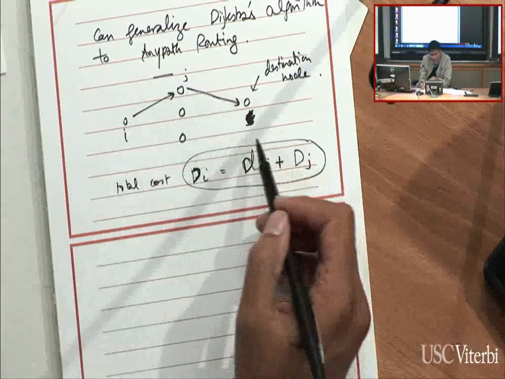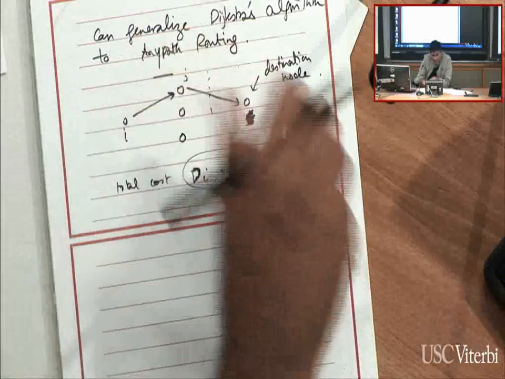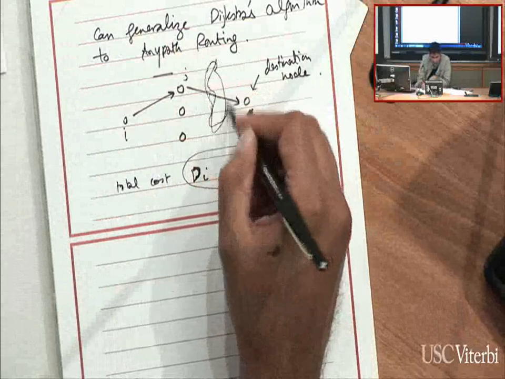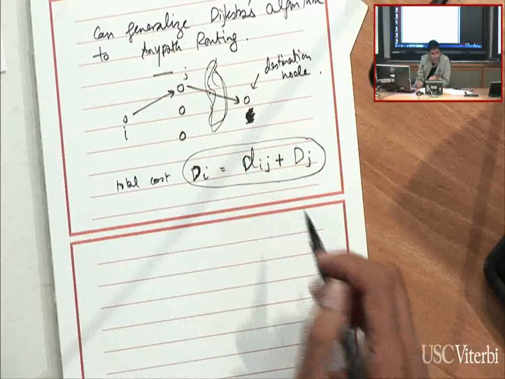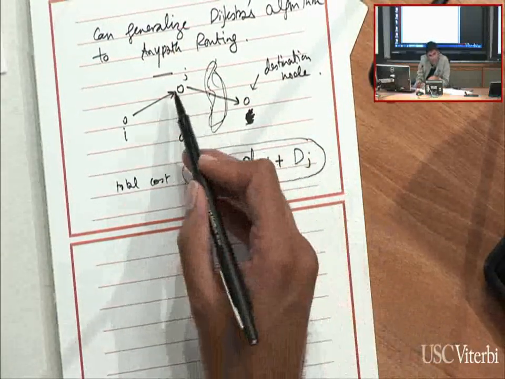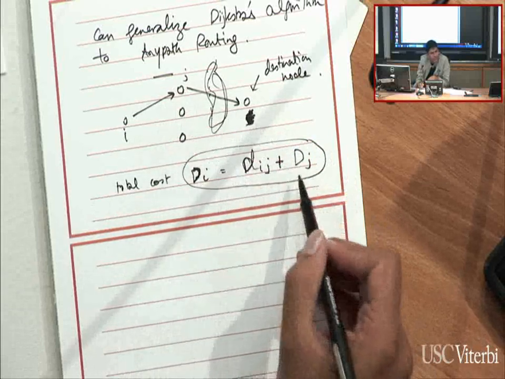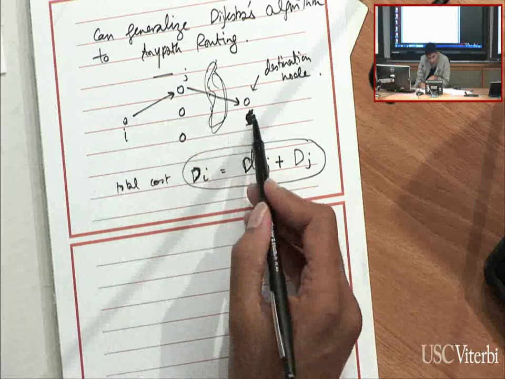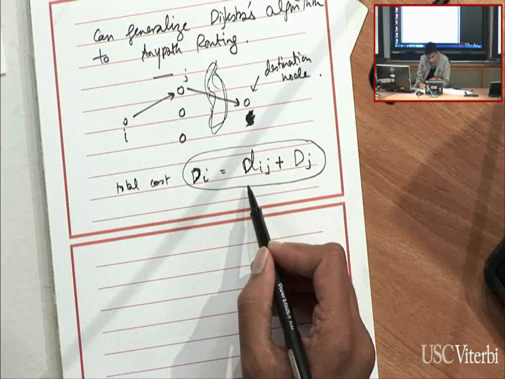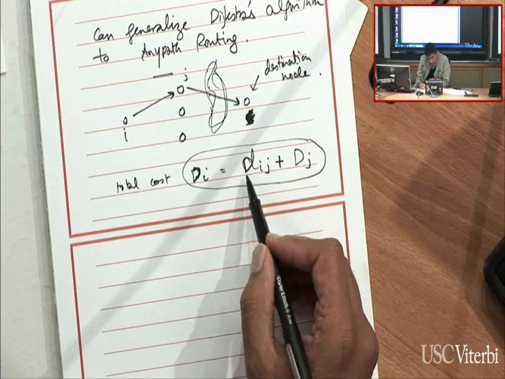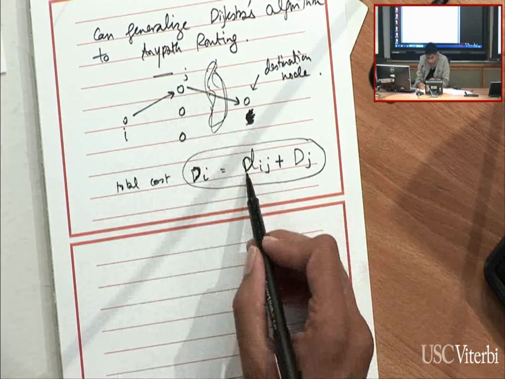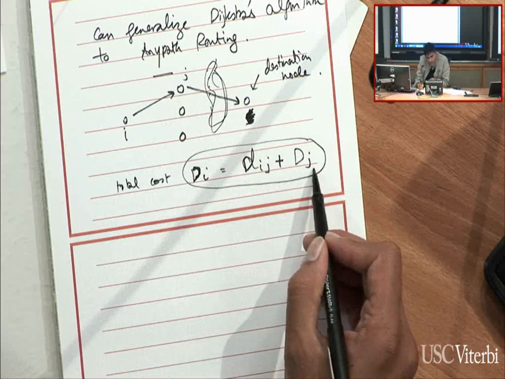This path might actually take more hops than even this, right? You might be going through the rest of the network to get there, but if you knew the cost from this node of getting the packet to the destination, and that was D_j, then the cost to get the packet from I to the destination, if we were to take this particular route, would be